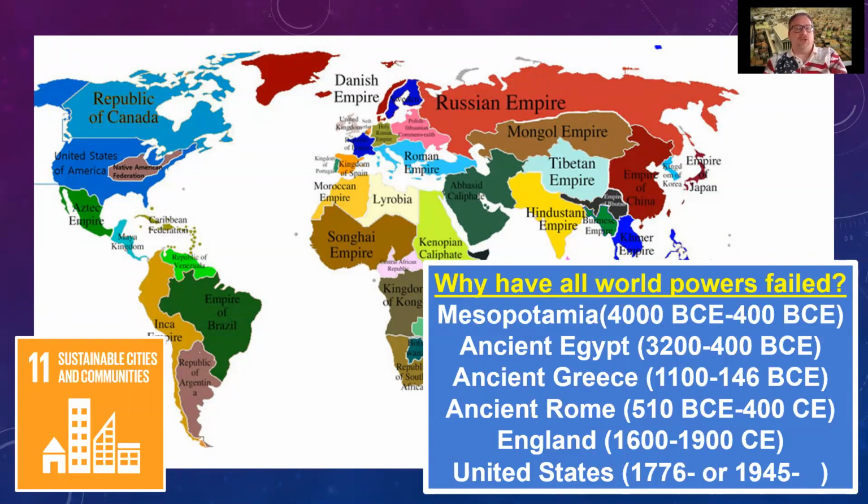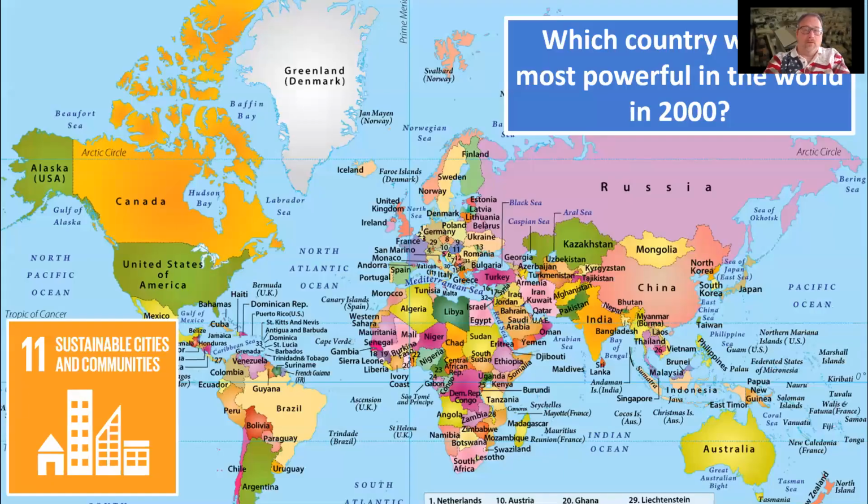Perfect. It's the ancient Roman Empire that shows up, and the ancient Roman Empire develops that professional army. So they're using the phalanx, but with professionals rather than amateurs, but they also have a professional navy. Later on, we're going to have England being the great world superpower from about 1600 to 1900, and the United States, really people want to say 1776, but to be quite honest, we weren't a superpower until the aftermath of World War II.